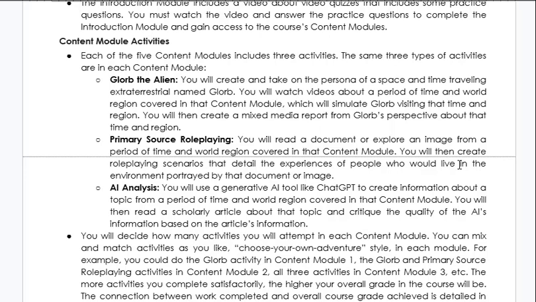The second type of activity in each content module is a primary source role-playing activity. I'll give you some kind of primary source. A primary source is something that comes from the people and time that we're talking about. So some sort of document that they produced, or a physical artifact, or a picture of an artifact, something like that. So I'll provide you with a primary source, and then you will create some role-playing scenarios using the information